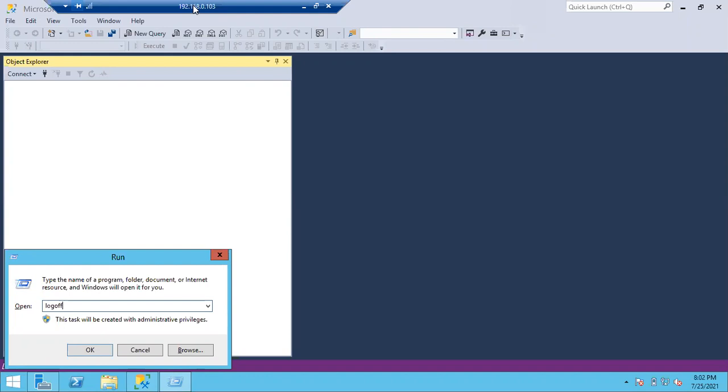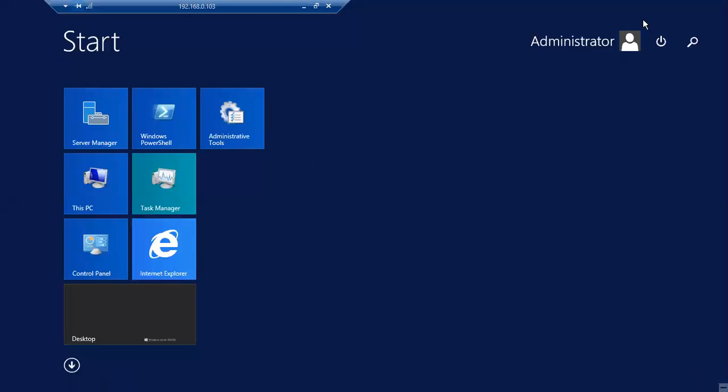Say for example you are going to a bank. Your work is completed. Is the bank going to close the shutter once you come out? No, right? In the same way, if you have work, you connect to the instance using the Object Explorer connect button. Once your work is completed, you can close SSMS and simply log off from the server. Don't go to the power button and shut down the server.